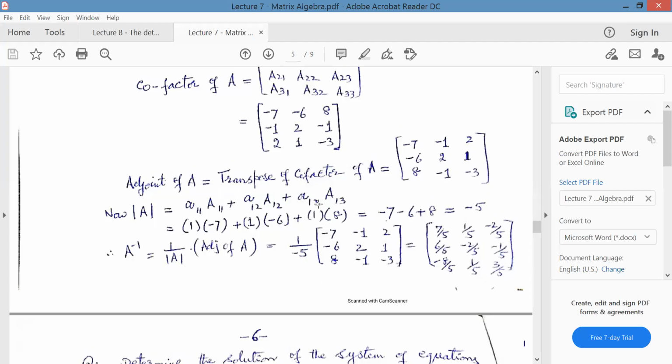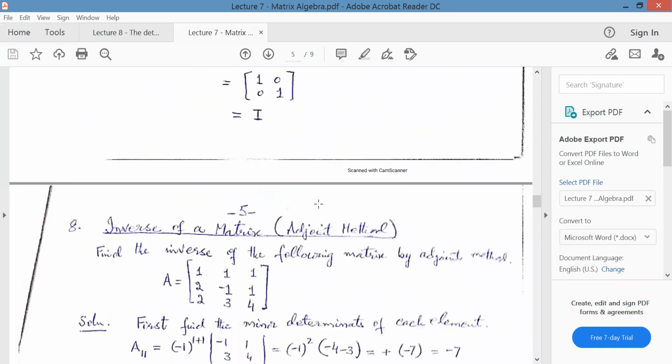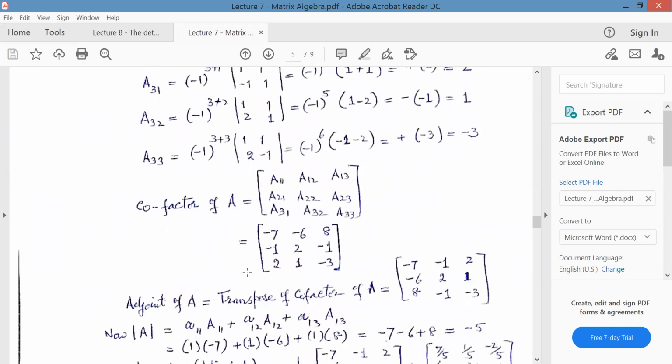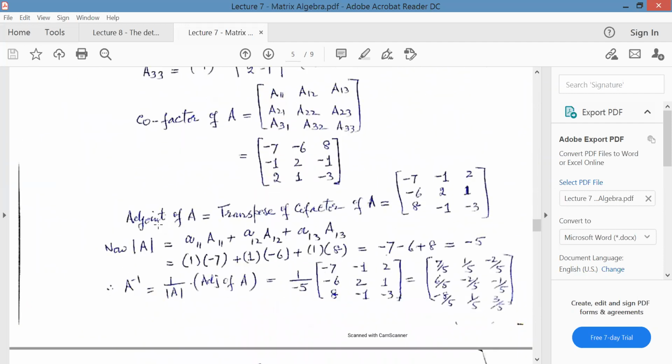देखिए, आपकी गिवन मैट्रिक्स में ये सारे इत्तेफाक से a11 भी 1 है, a12 भी 1 है और a13 भी 1 है. All these elements are 1, luckily. और कैपिटल A11 that was -7 यहाँ रख लिया. Capital A12 that was -6 यहाँ रख लिया. Capital A13 was 8 यहाँ रख दिया. And small a11, a12, a13, I told you they are all 1.